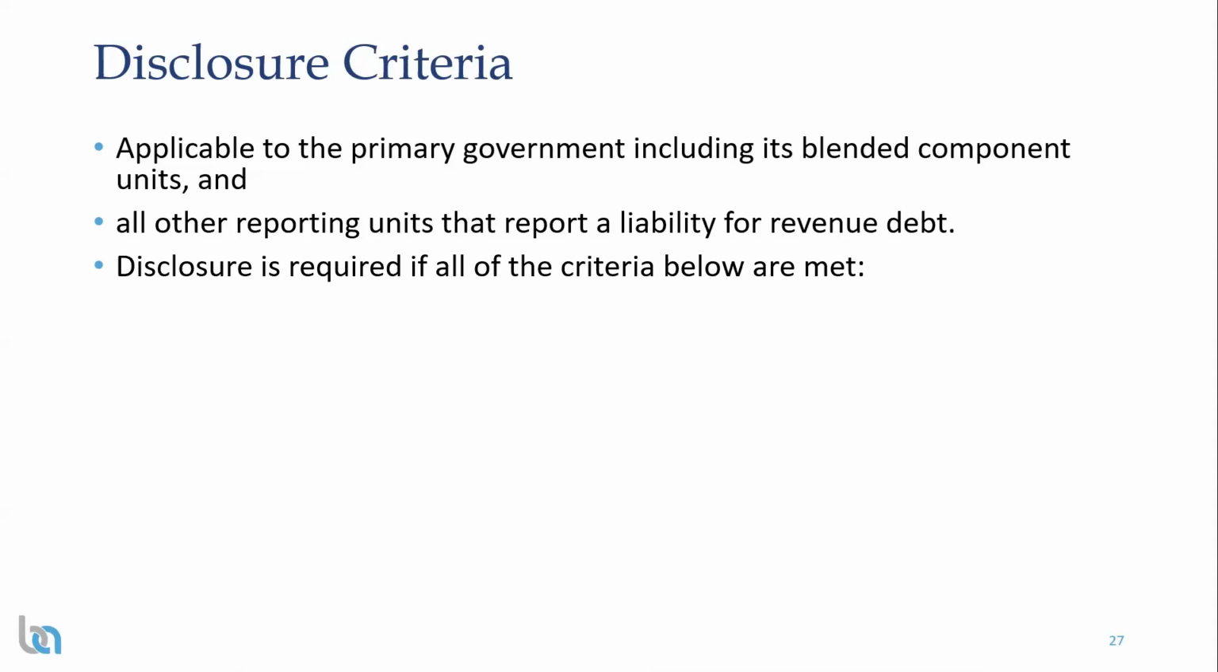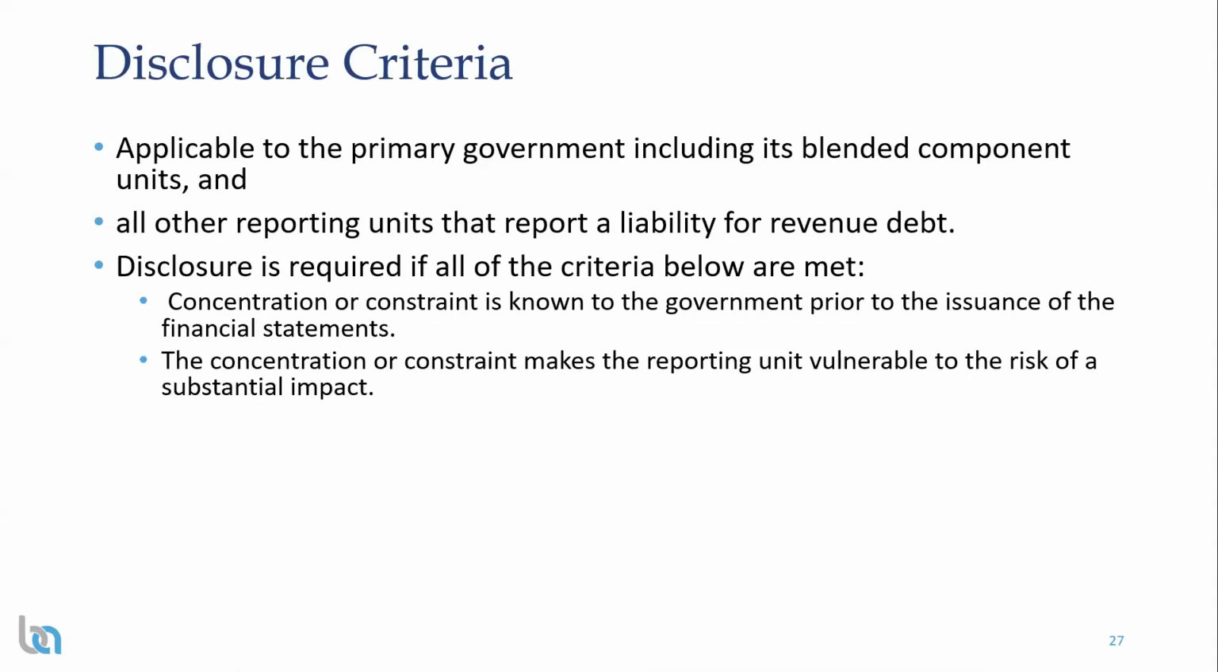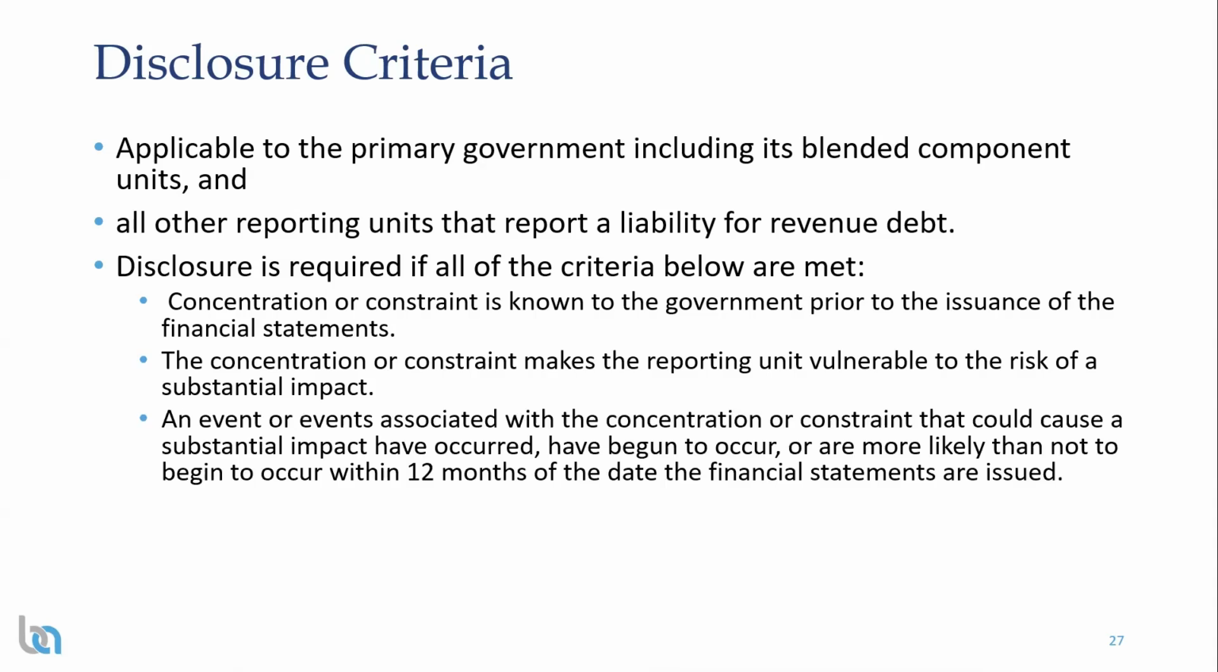Disclosure is required if all of the criteria below are met. Concentration or constraint is known to the government prior to the issuance of the financial statements. So you already know you have a concentration or a constraint. The concentration or constraint makes the reporting unit vulnerable to the risk of a substantial impact. So you can have a concentration, but you don't really believe that it will have a substantial impact. But if you do believe that you have a concentration and it can have a substantial impact,